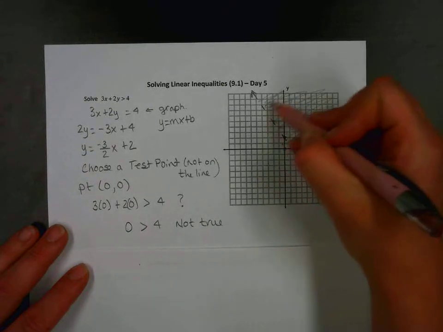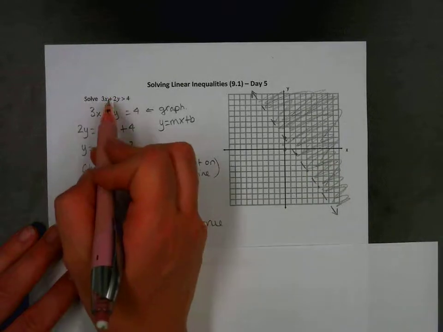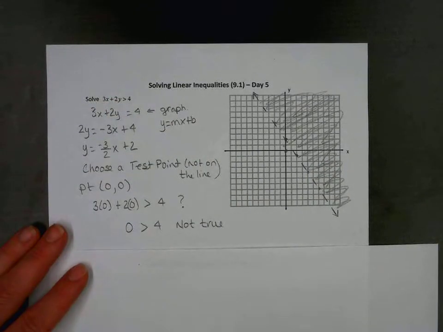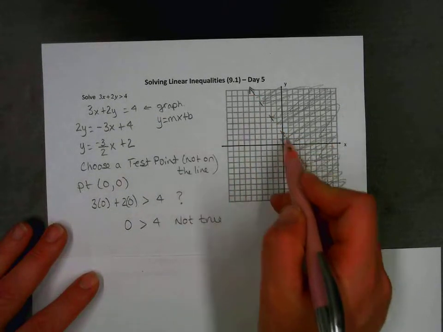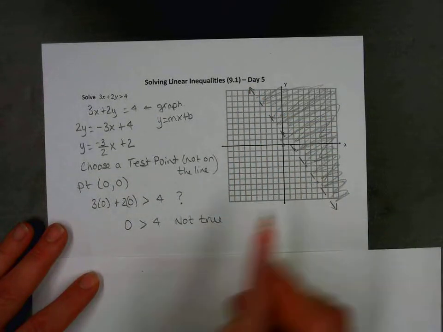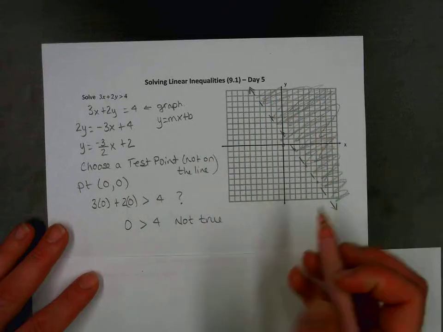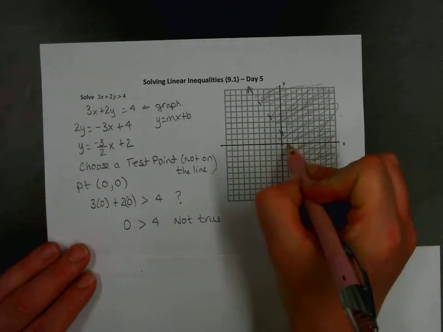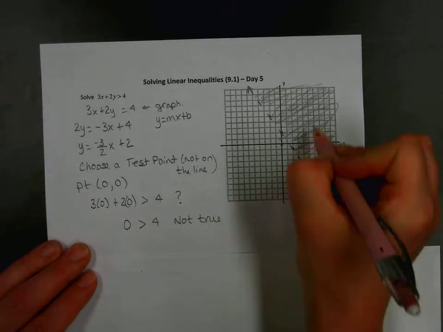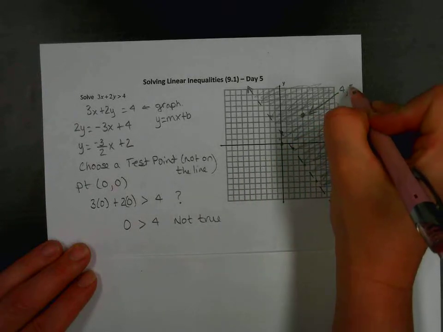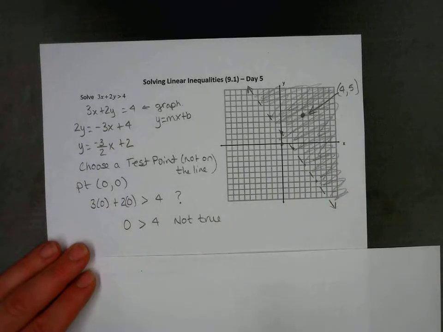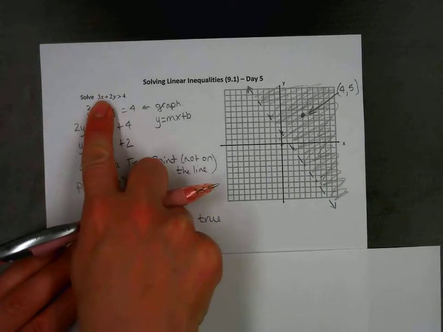Any point inside this shaded region would be a possible solution to this inequality. We're no longer finding the points on the line, we're talking about all the solutions in this area. If I were to pick the point 4, 5, let's say,